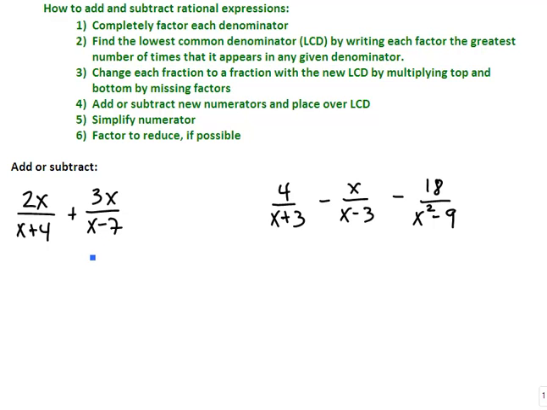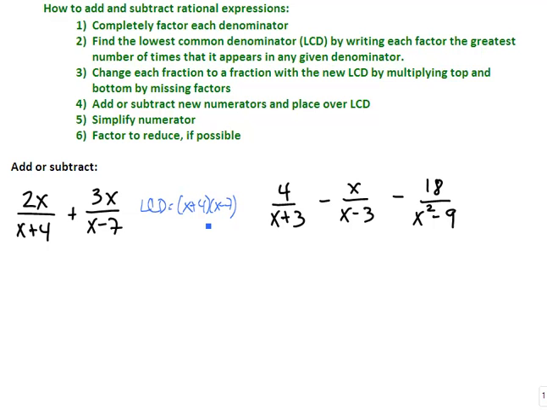Step 2, we want to find the lowest common denominator by writing each factor the greatest number of times that it appears in any given denominator. So if I have x plus 4 happening once in the first fraction, and x minus 7 happening once in the second fraction, then my lowest common denominator is going to need to be x plus 4 times x minus